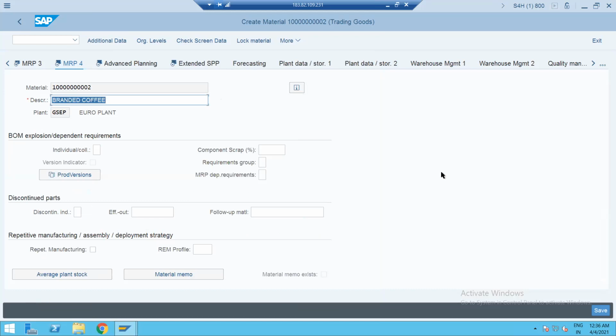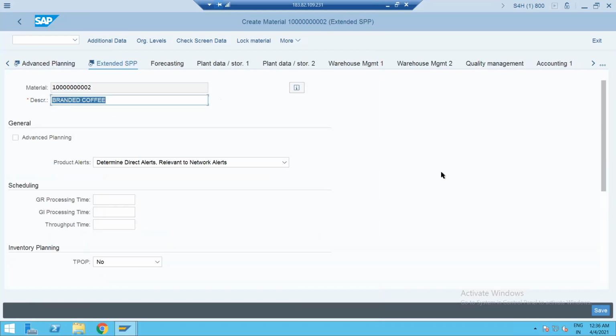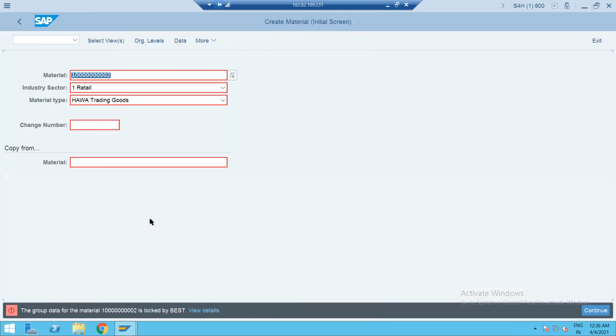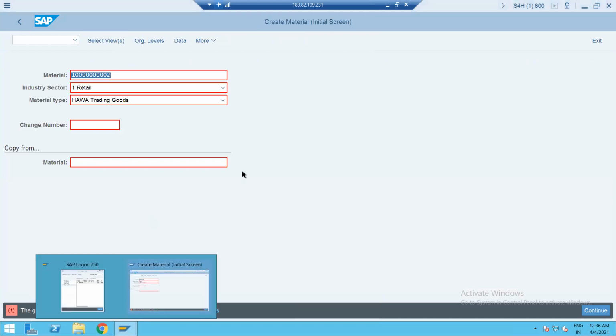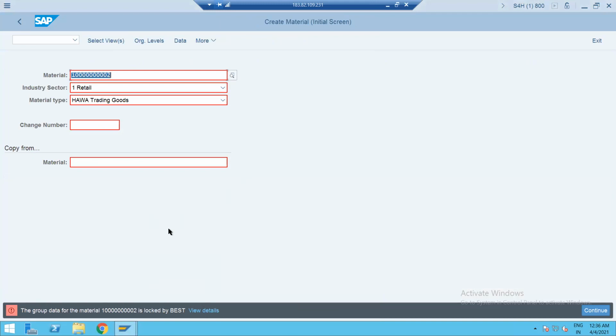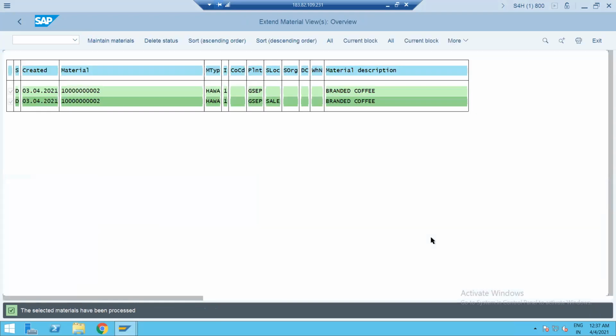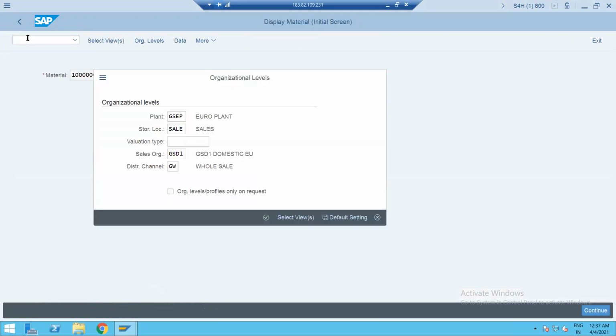Okay, I'm not going to choose anything from MRP4. Okay, so let's try to save this one. Okay, the group data of the material is locked by best. Let me continue. Okay, let's save this. Okay, now let's check in display mode whether our material got extended with